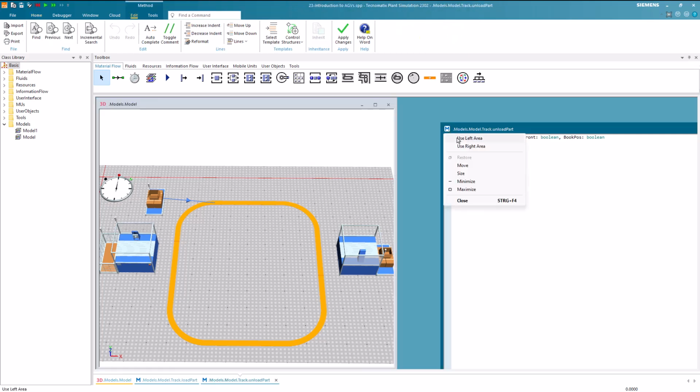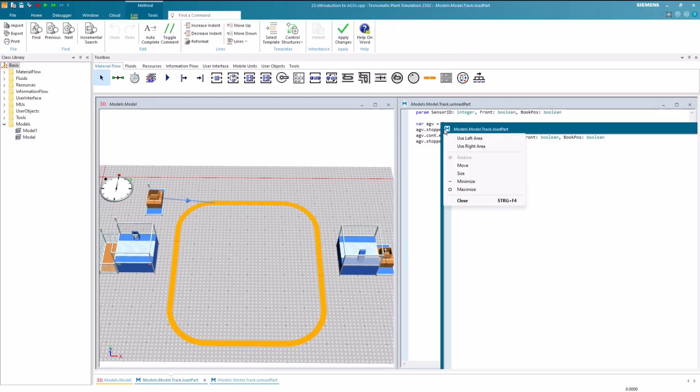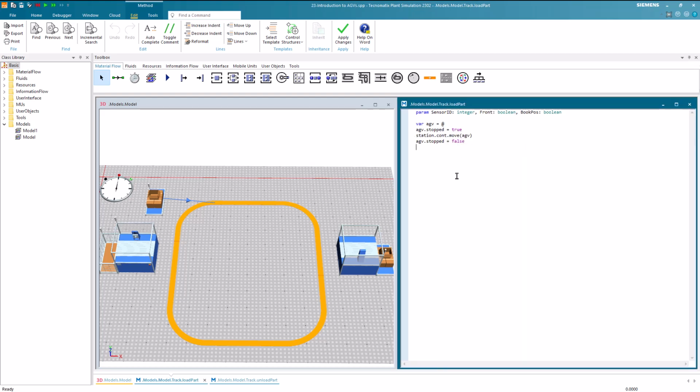However, it's important to note that at this stage, our code is not flawless. It is important to consider potential edge cases, such as the situation where the station's part is not ready upon the AGV's arrival. This scenario may occur if the station is still processing the part when the AGV reaches it. To address this edge case, we revisit the control.